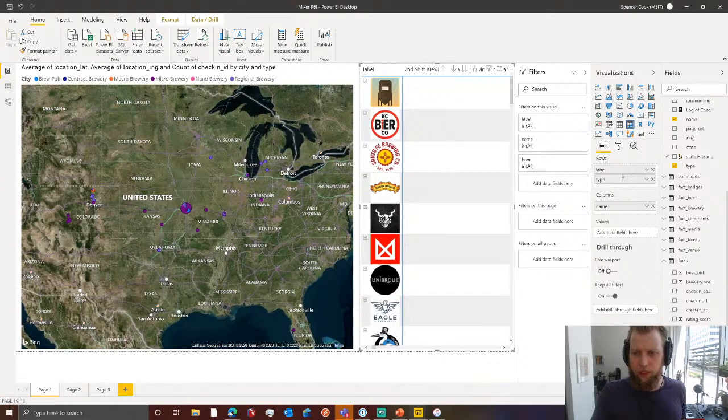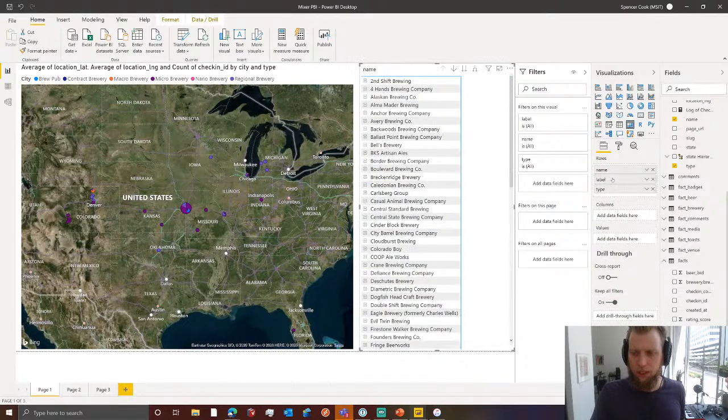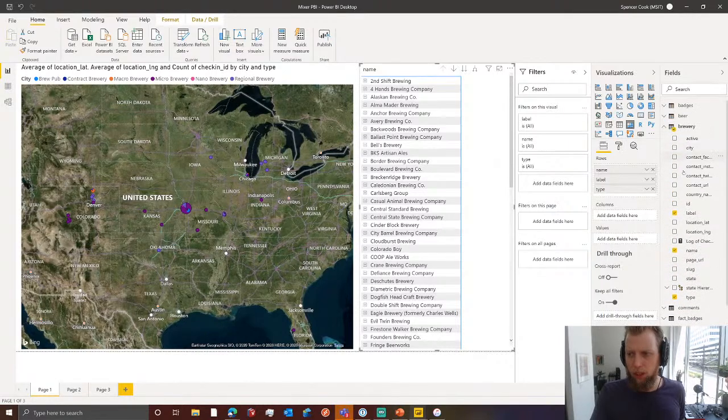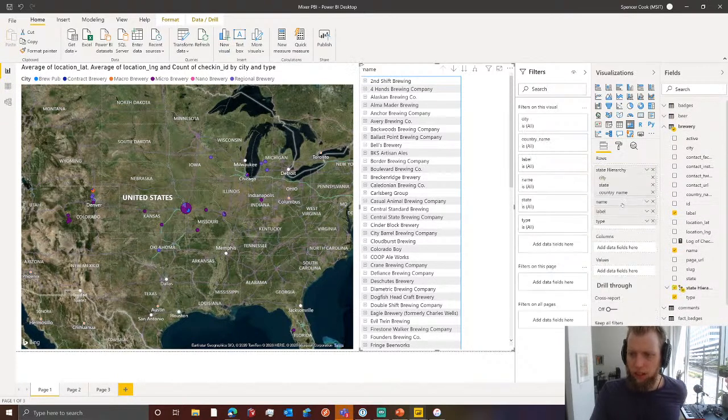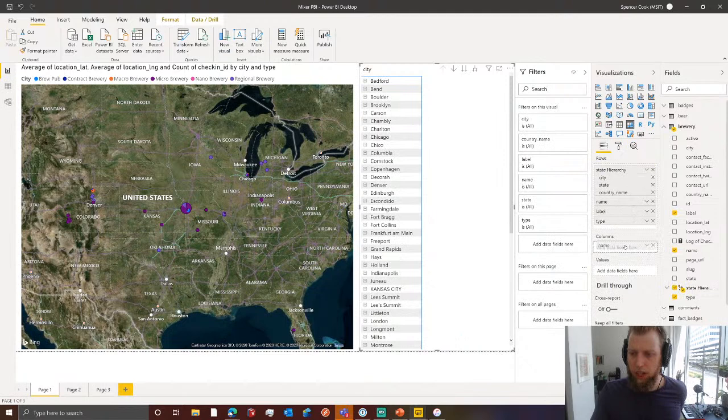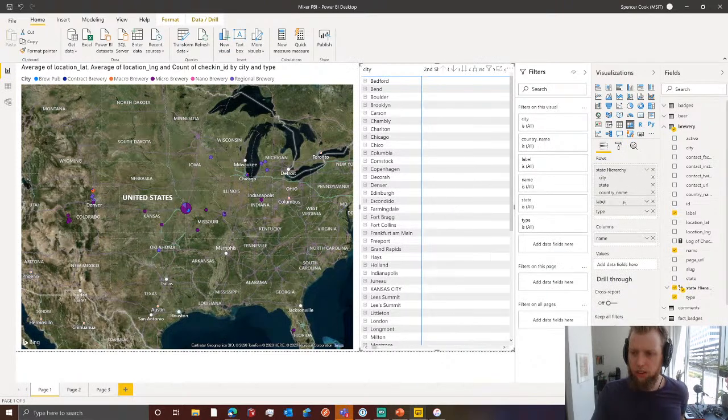And instead of having the label, I think we want the name to be the rows. Or maybe we use our little hierarchy here for the row. And then for the columns, we can have the name and then the